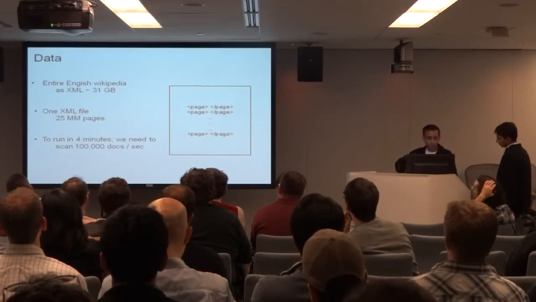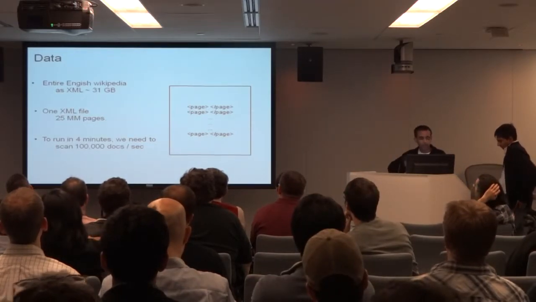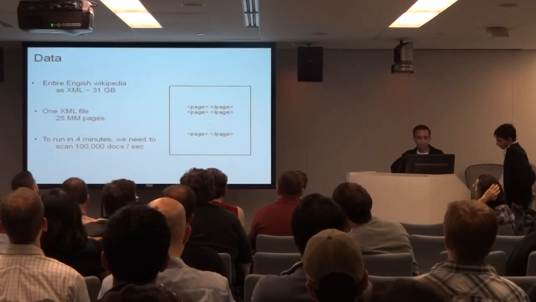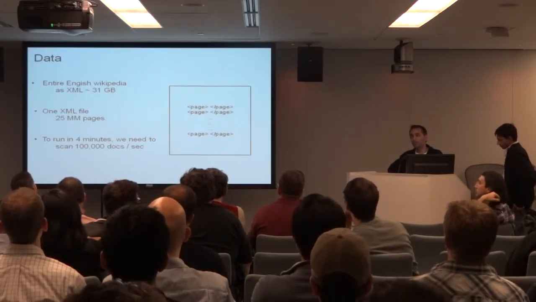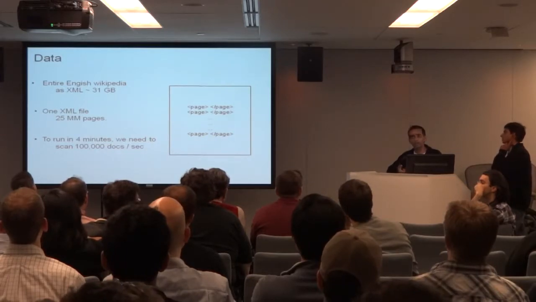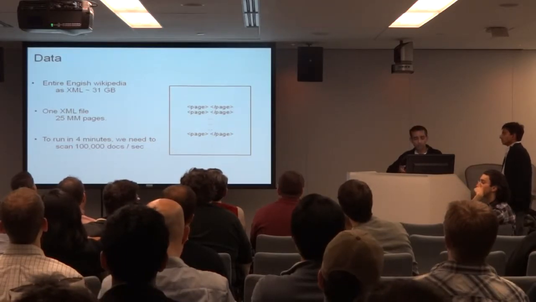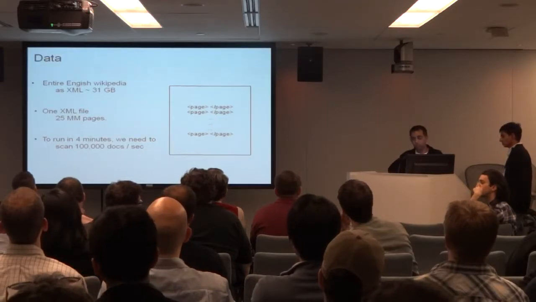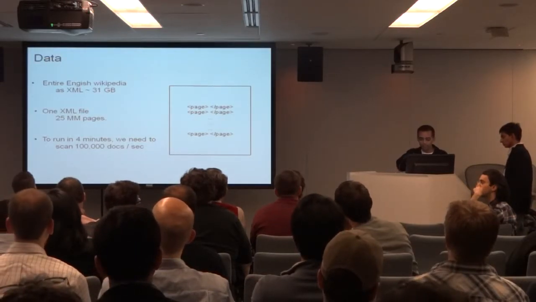So you can download the entire Wikipedia as a single XML file download. It unzips to 31 gigabytes, does not include history. If you really want the full data set, it's about 3 terabytes, contains the full history. If you open the XML file, which you don't want to do in Notepad, you will see that